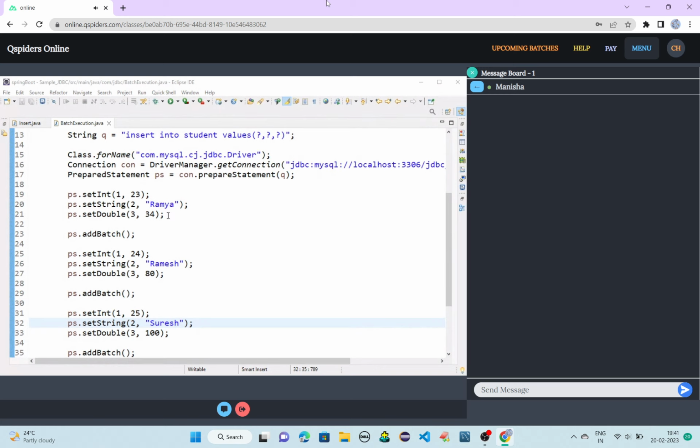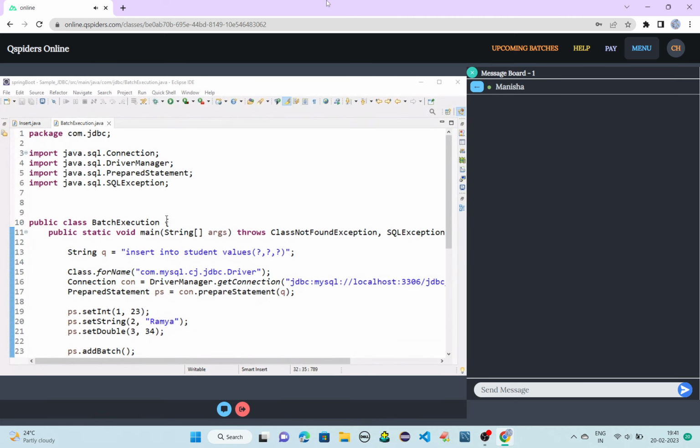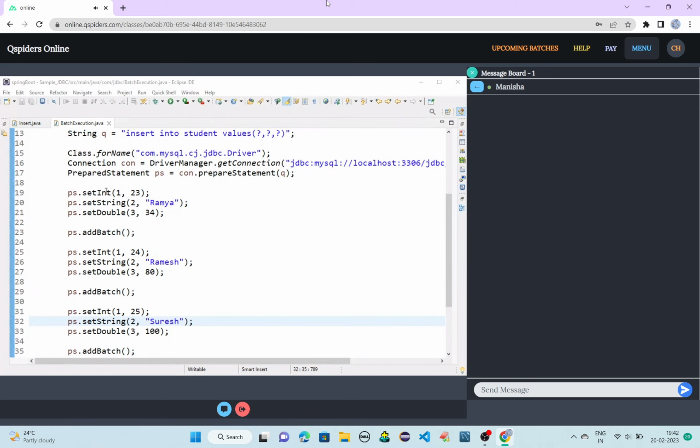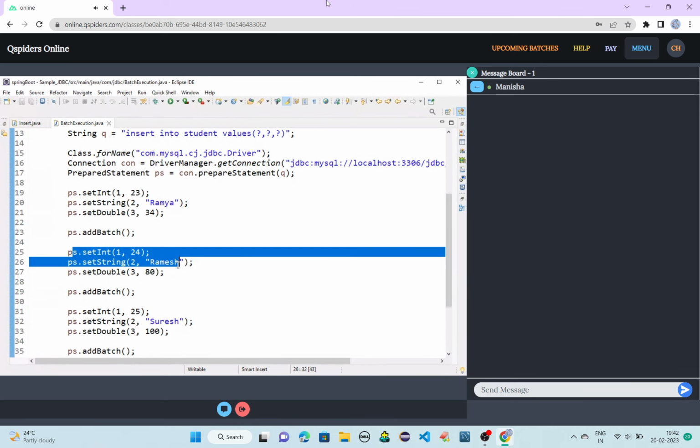Previously, when I shared JDBC, these concepts were not there. If it is not there, let me know. I will share these two. Okay, I'll share it. No issues. Just execute this, guys. Like this, you can add n number of data into the batch at once.